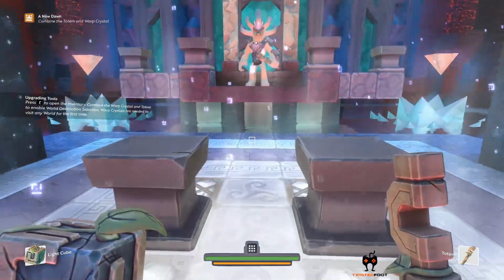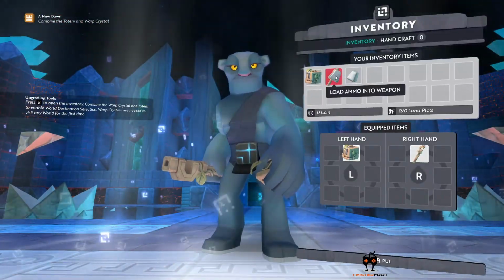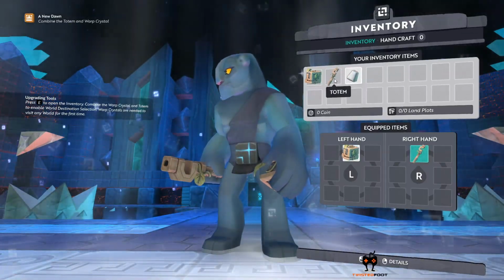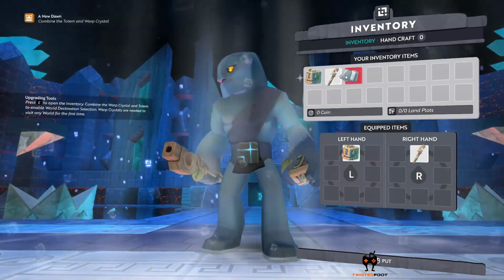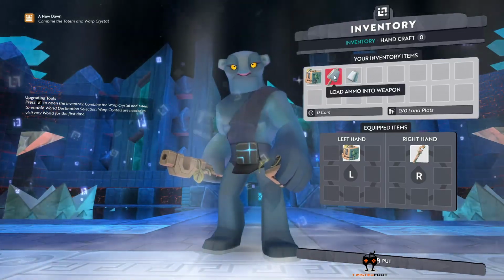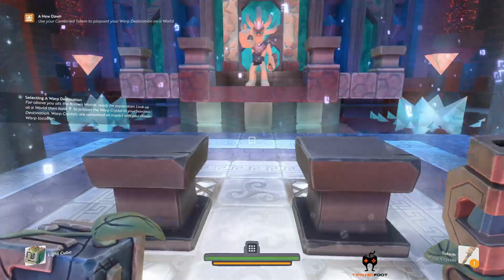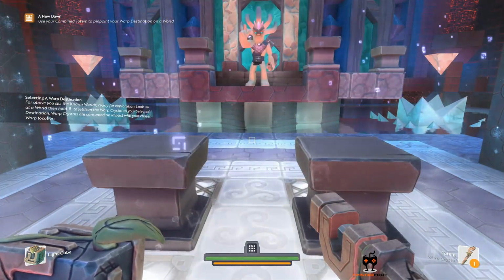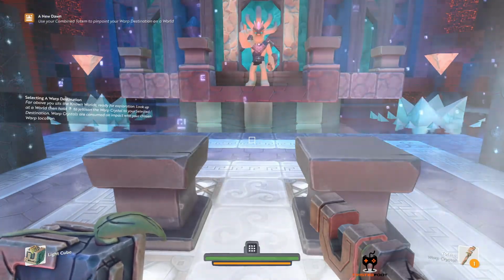So let's open up our inventory and we will combine our warp crystal into, so this is the light cube, this is our totem, and this is our warp crystals. We need to combine the warp crystal into our totem. So we already have the totem equipped in our right hand. So selecting a warp destination. So now our current quest, or objective, is to use our combined totem to pinpoint our warp destination on